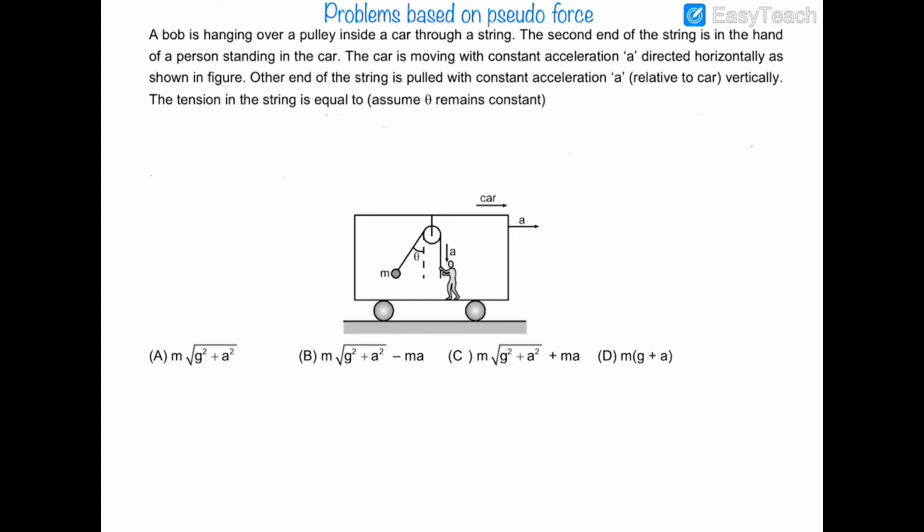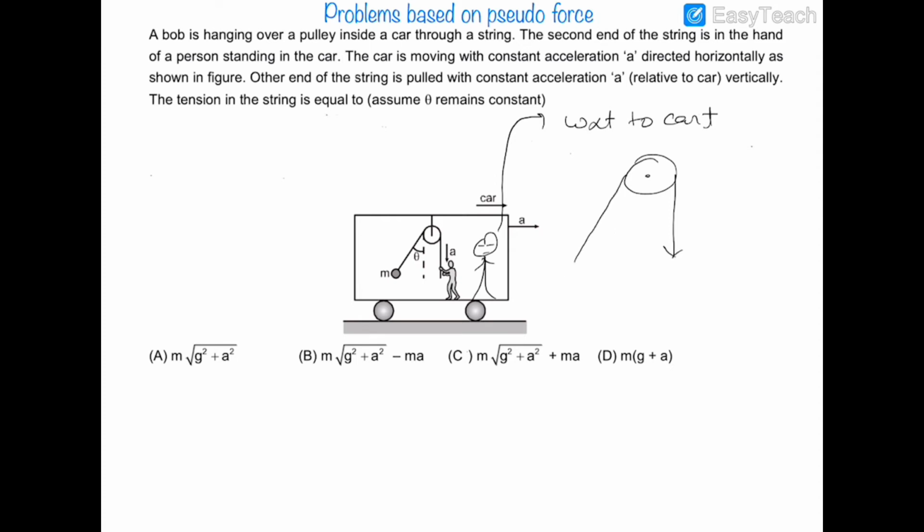So I can assume a man who is standing inside the cart. With respect to the cart, now this man is already standing in the cart, and with respect to this man will be the same frame as the frame of the cart. So I'm writing it as with respect to the cart. Now if I see that there is a pulley and the tension in the rope is T,